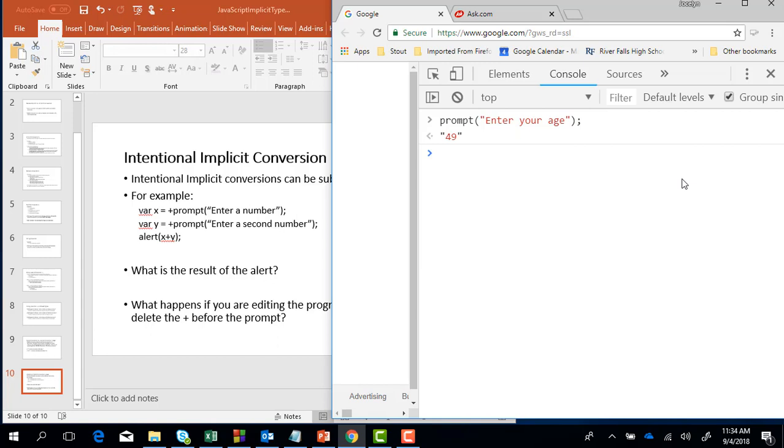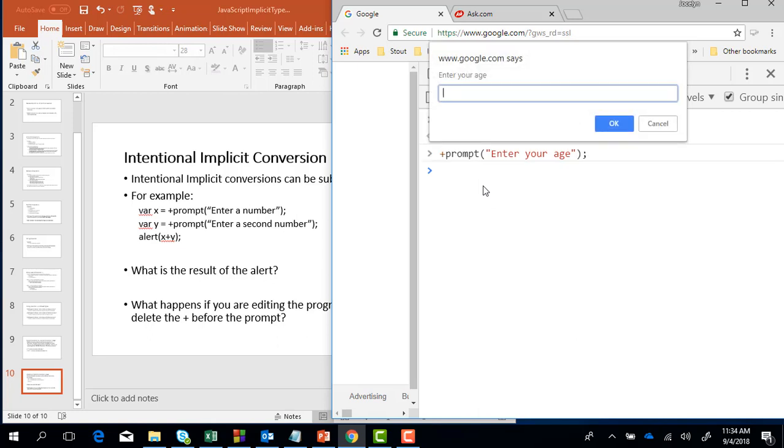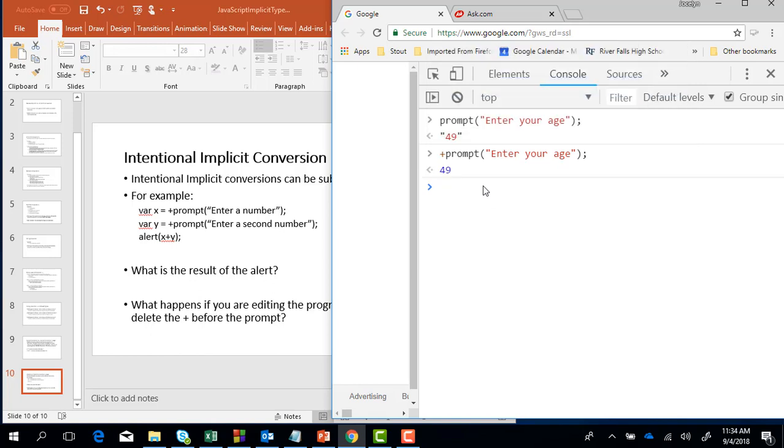So if we know our age is a number, as a shortcut, some JavaScript programmers will just put a plus sign in front of that. Now when I put in my age, you can see that that unary plus operator converted it to a number for me. The concern is that as you're editing code,